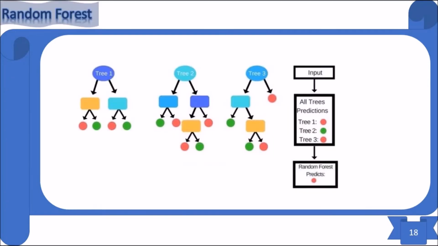So let's begin. Random forest, as I discussed earlier, to overcome the problem of overfitting, you can either prune the tree or you can use the random forest classification. Random forest classification builds a number of decision trees on randomly selected data samples. Then it gets a prediction from each tree by means of majority voting. It selects the decision which gets the majority of votes. So like this.